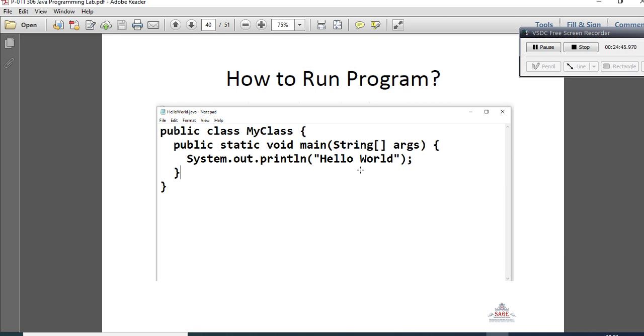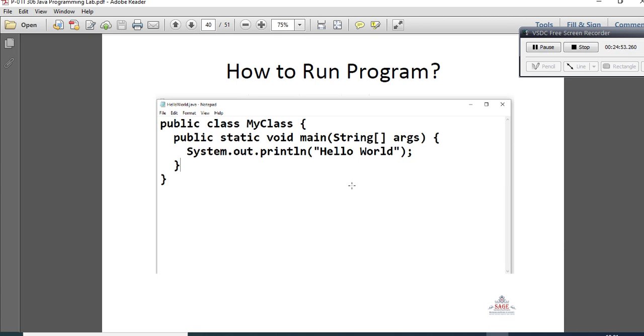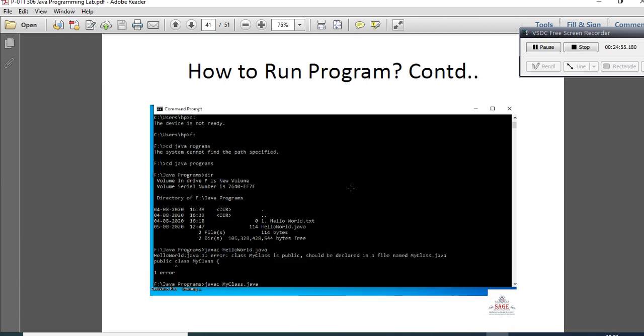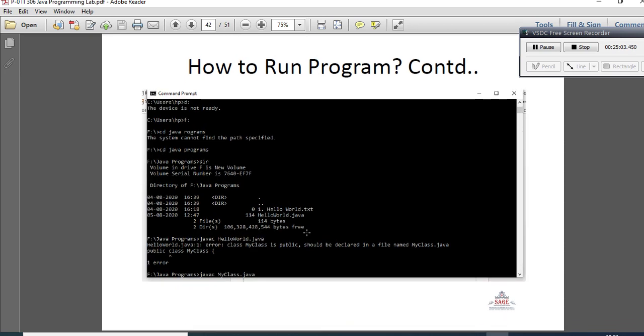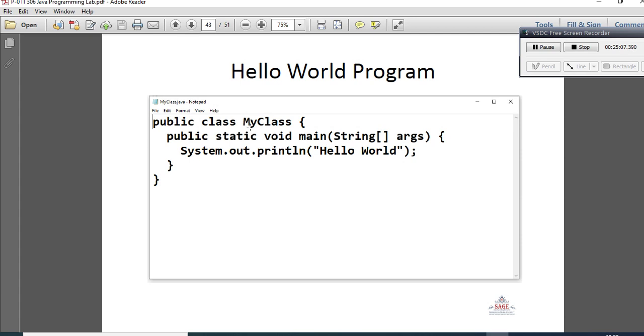I am introducing myself, Dr. Kumar, Department of IT, SIRT, the SAGE Group Bhopal, and we are doing here the starting of the Java programming language. So here there was an error in the program, and this was the program error that the compiler gave to us. We have resolved that error.